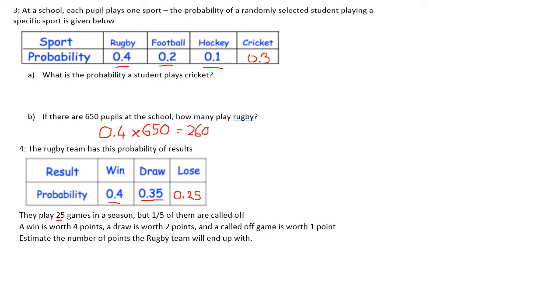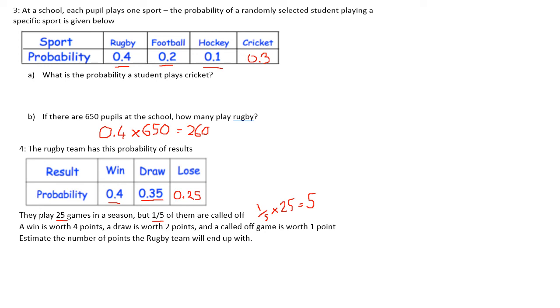They play 25 games in a season, and a fifth of them are called off, so we can immediately figure out what that is. A fifth of 25 means that 5 games were called off. A win is worth 4 points, a draw is worth 2 points, and a called off game is worth 1 point. We want a number of points, so we need to figure out how many wins, draws, and losses we